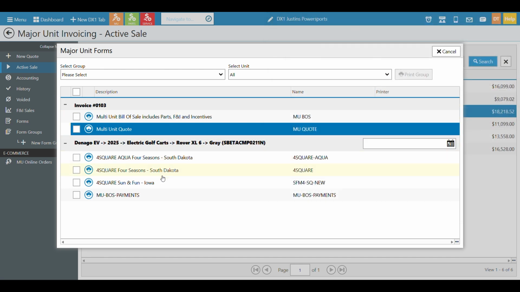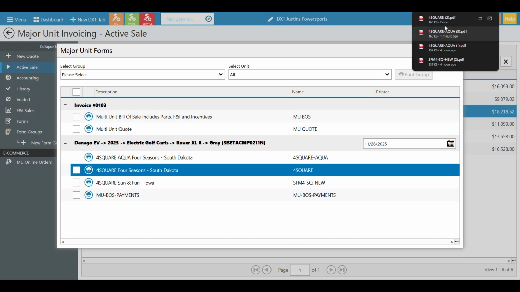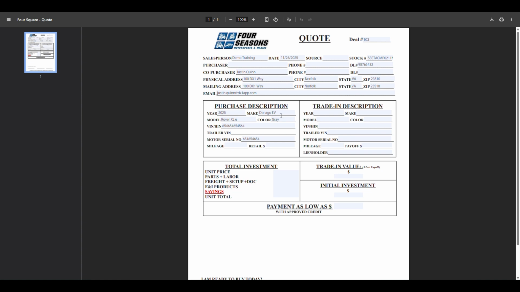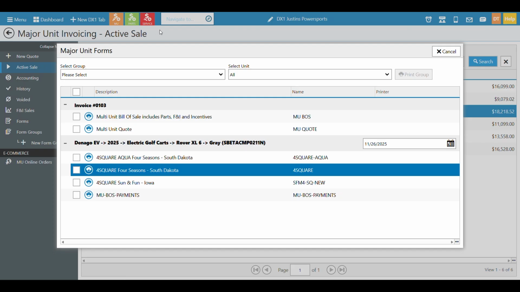All these forms below here underneath the vehicle are forms that your dealership has had our team build and upload. So if you don't want to use the invoice date when you're printing, keep in mind with customs, you can always come in here and set a date. And then when custom forms open, they're going to open in a PDF. And that's because we have to do a bunch of calculations. So when you print your custom forms, to print them, you'll again need to open them here as a PDF. And then I would end up using the print function from within the form and then close it out.